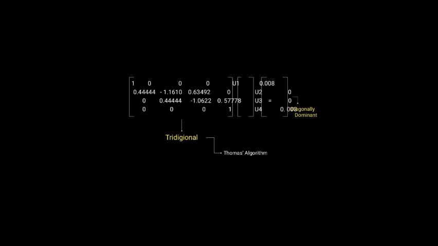This is the part of the diagonal method. We will use the diagonal method here, from the Thomas algorithm, and by substituting and multiplying,